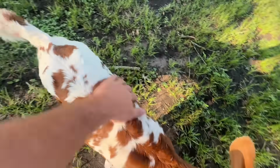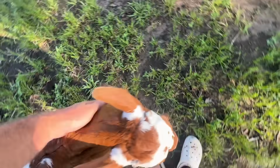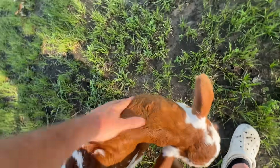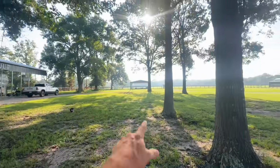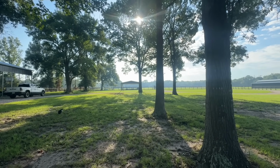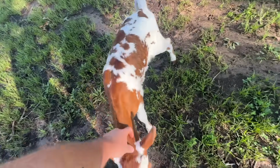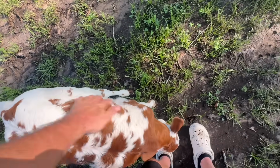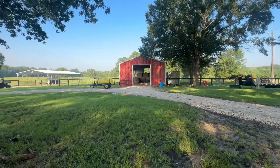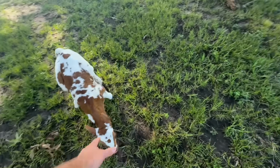So the building that we're going to have done will have to have a concrete floor. It'll have to be cemented, so we'll have a nice solid foundation to it. And it's going to go in that space right over there. What I'm doing right now is I'm going to take my wheel and I'm going to measure how much space we have. We know for a fact that those center garage doors have to be at least 12 feet high. Jamie's motorhome is 11 foot height. So a 12 foot,